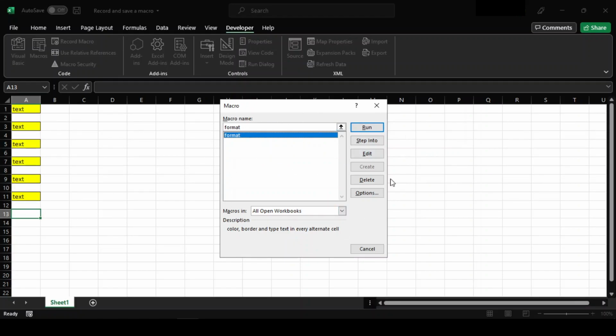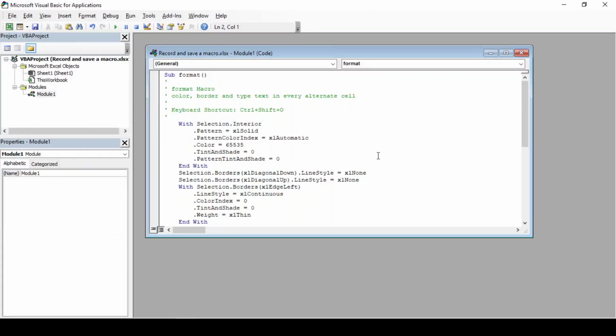Now, what exactly happens when we record a macro? What actually gets recorded in the VBA script? If you want to see that, then we can click on this Edit button. And this will take us to the VBA script of the recorded macro. Now, this new window which has opened is called the Visual Basic for Applications Editor, that is the VBA Editor, where we can write the code.